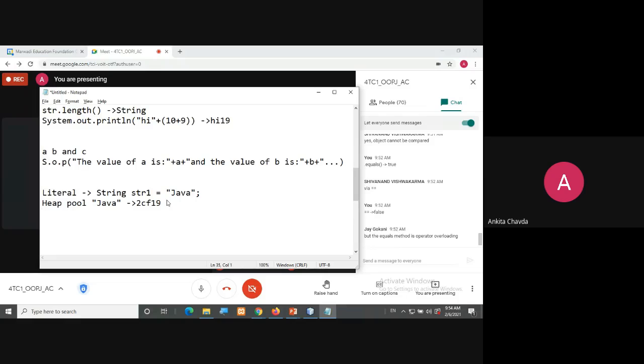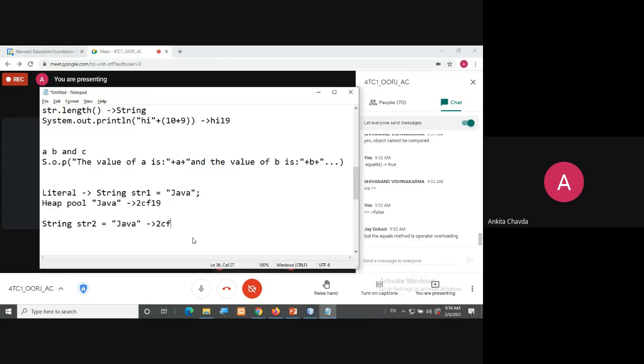Now there again I'll create string str2 is equals to Java. What will happen? Again, it will find the word in the pool. In the heap pool, if the Java named variable is already there, it will not create another memory space for this Java. Instead, it will just point your string to this Java, which has the same memory address.